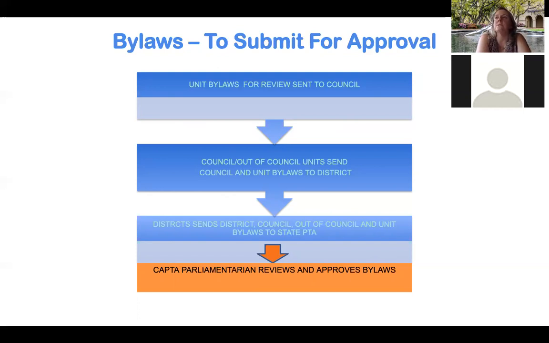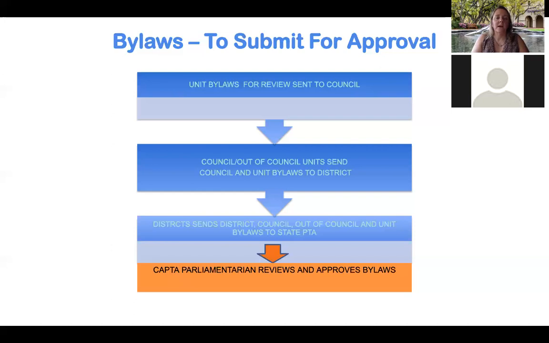You don't have to get approval from your association for bylaws changes before you send it up to get approved by the state. But they should be aware of what you're doing, because you don't want to go through this whole process of changing the bylaws, and then waiting a few months for the state to get back to you with the approved bylaws, and then asking the unit to adopt them, and the unit's like, wait, we didn't want this change. So make sure that people know what's happening, but the bylaws don't get adopted before they get sent up. So you sort of take the temperature of the room,